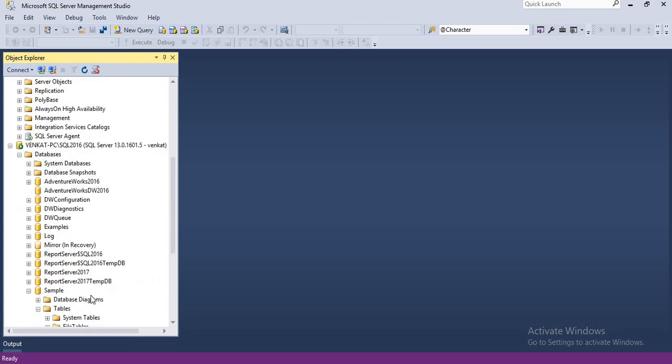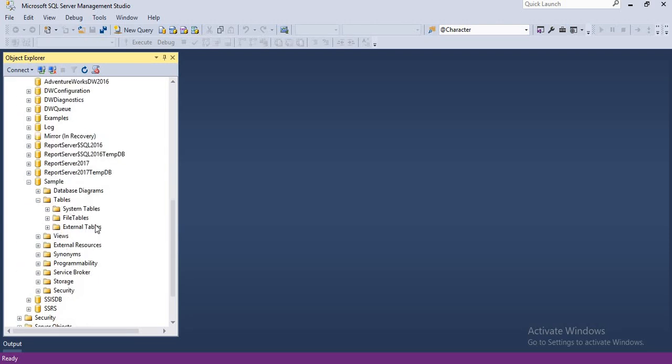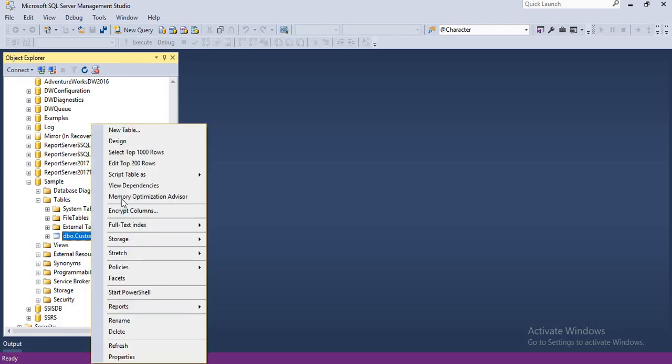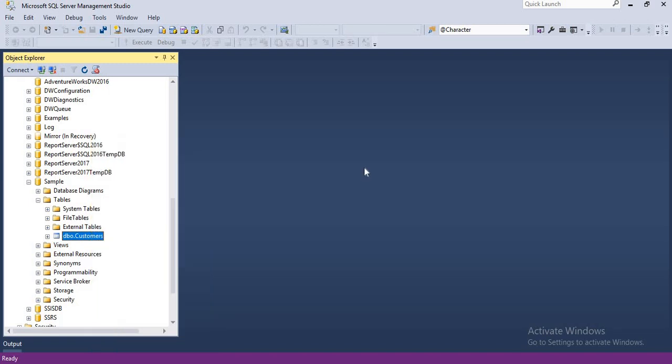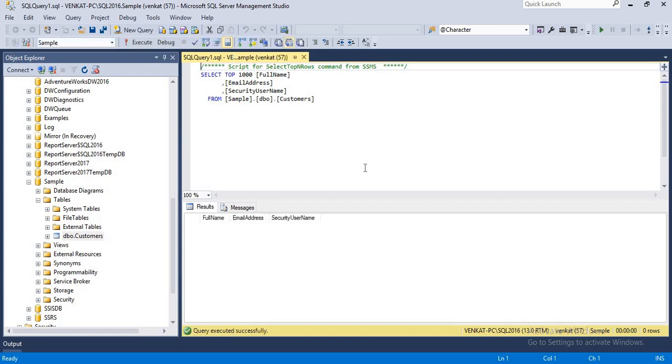Let's come here. As per the earlier window, you were not able to see any of the tables. Let's right click on tables and refresh it. Yes, you can see the single table, customers. But if you really look at the sample DB, you have multiple tables. You want to see the data which is there in customers. Yes, right click and select the top rows. As I have given only select privileges, you can do only select. You cannot update, delete, drop or anything else.